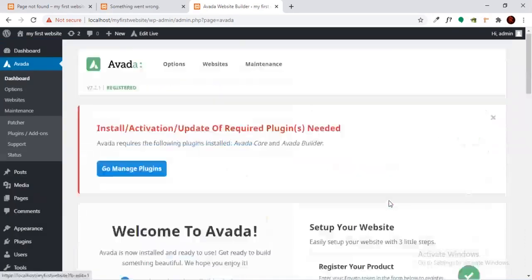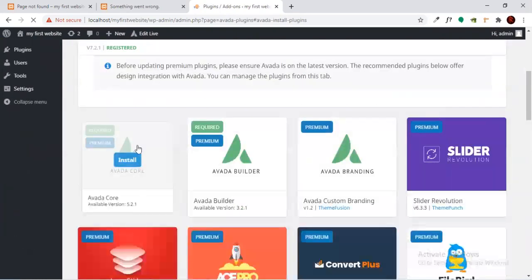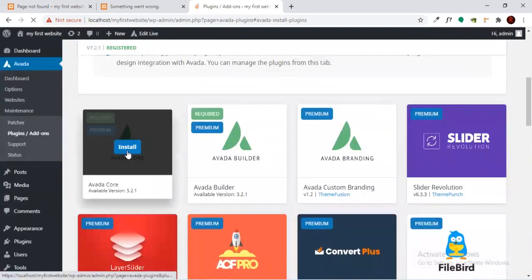The next step will be to install the plugins. Just go to the manage plugins section. Before importing any demo version of the theme, you need to install two very important plugins of the theme, which are Avada Core and Avada Builder. Here you can see you need to install Avada Core first.